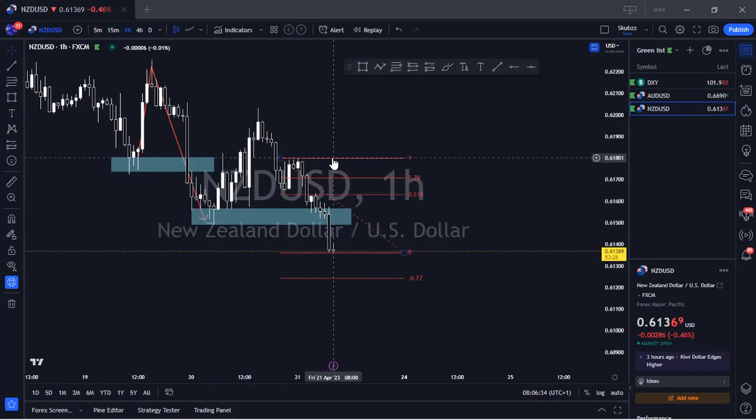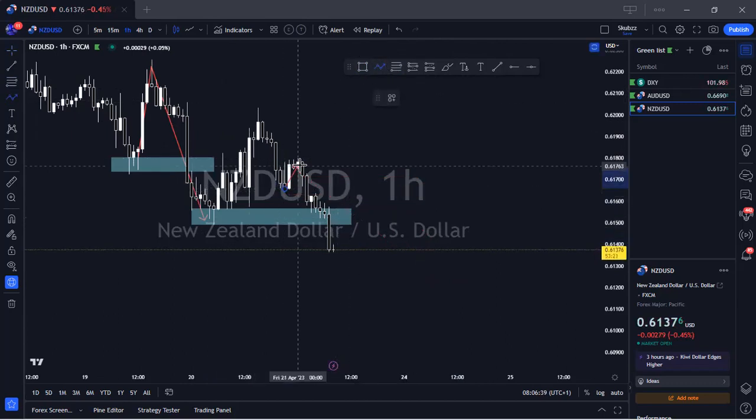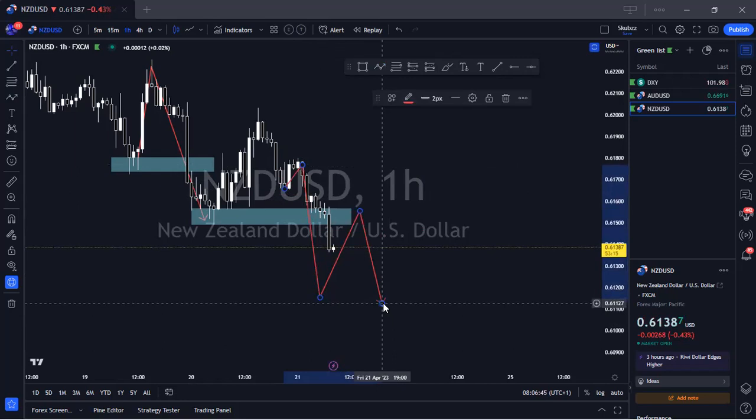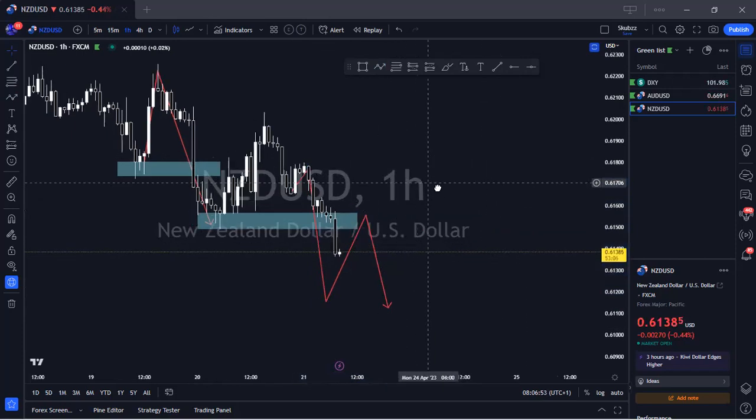Basically, what we're looking at on NZD/USD now is that it has created another low. We're looking for it to retest, and then we get that continuation. So we're looking for that sell. It's just to wait for NZD/USD to start pushing back up, then we highlight where we'll be looking for those sells from. Yeah, so that's basically it.